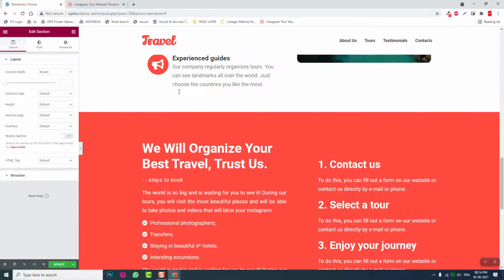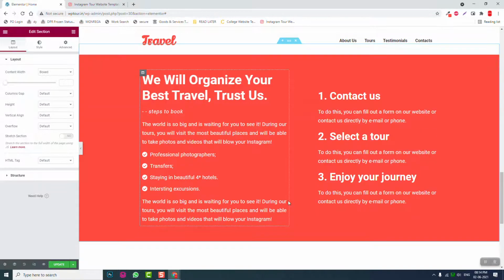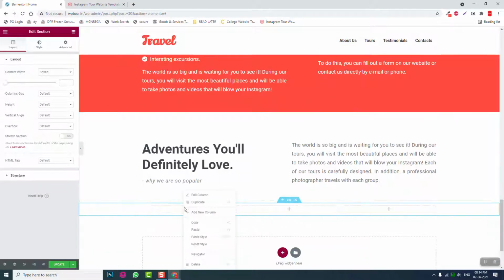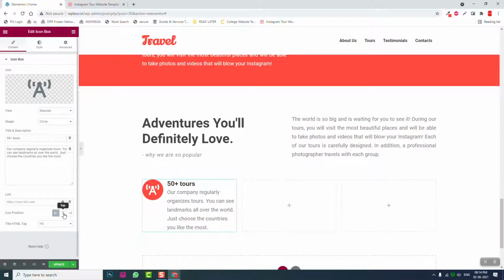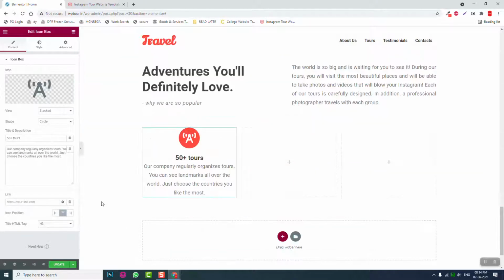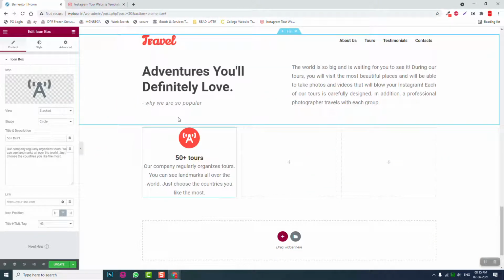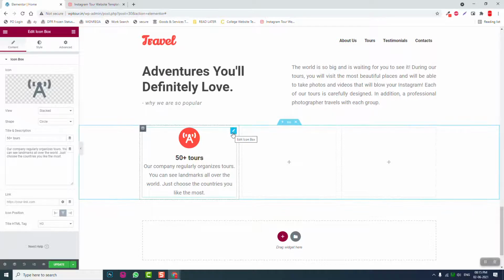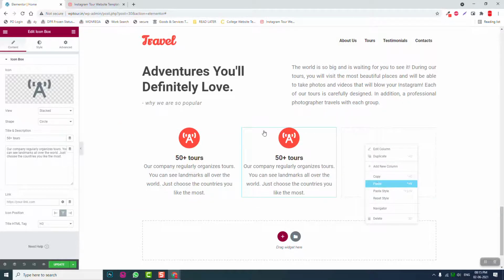that the icon box here is the icon box. Copy this, paste it here, icon position top, like this. Copy, paste. Face,